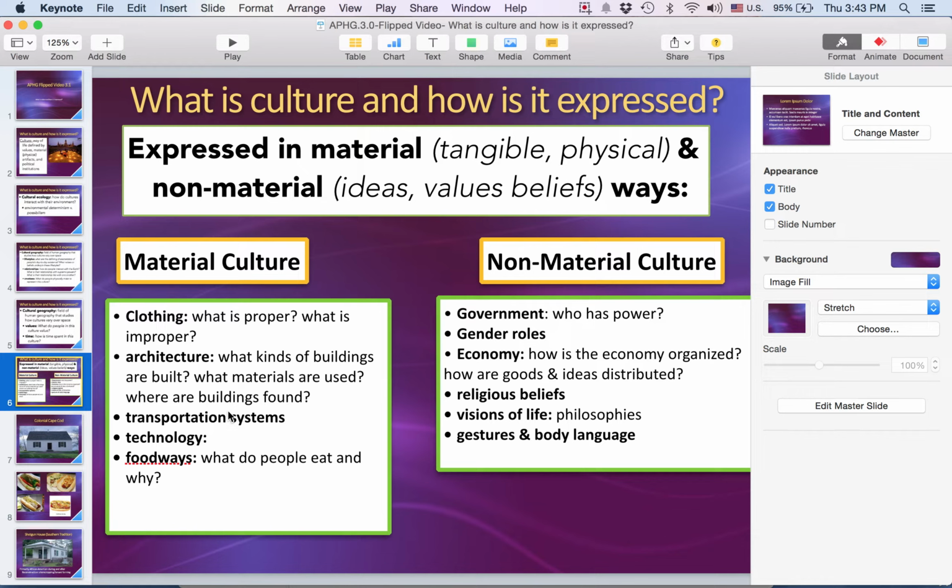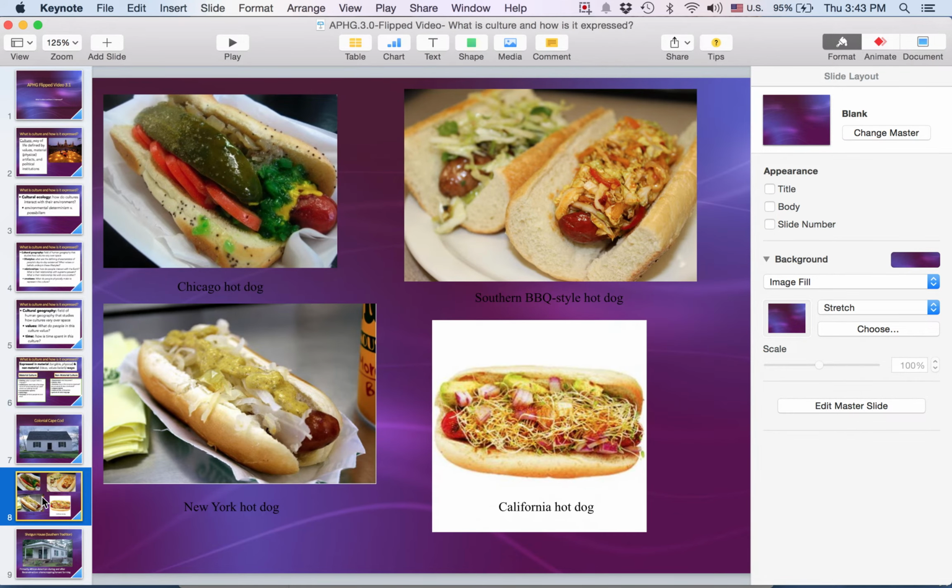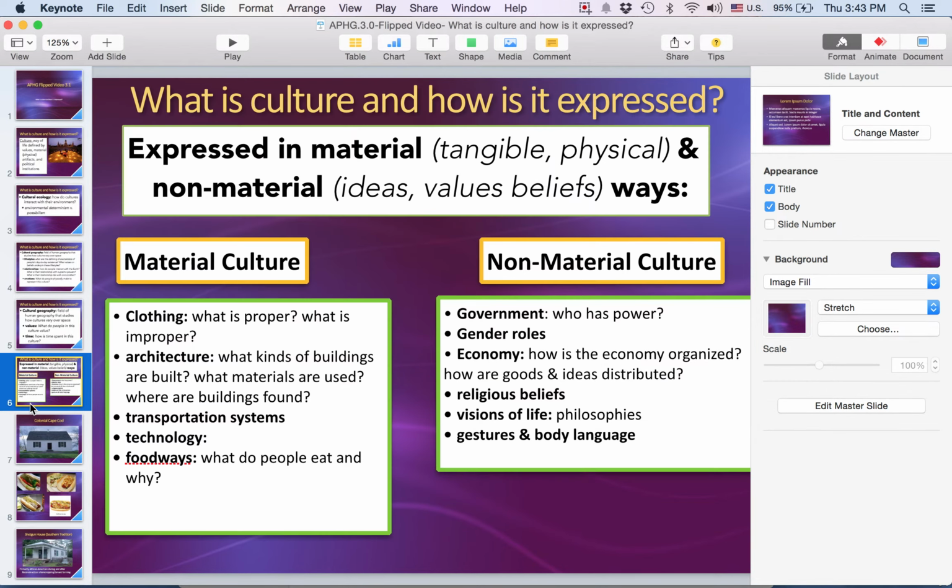We look for material culture, we see transportation systems, we look at technology as examples of material culture, and foodways. Foodways is a term that describes what people eat, right? So there's the culture behind food, which is a whole other thing to talk about as well: the significance of food, what kinds of things are used in the food, what's the lineage and the heritage of the food. So for example, just something kind of silly, but you can look at this as sort of stimulus diffusion here. We look at hot dogs, right, as a component of American culture. We have the California versus the barbecue style versus the Chicago and New York hot dog, right? Food as a material example of culture, and then of the customs of the people.